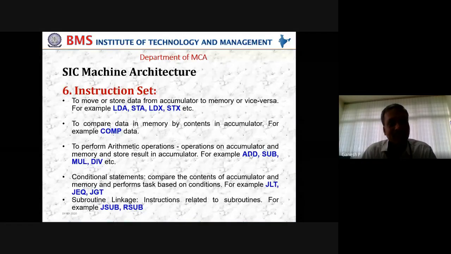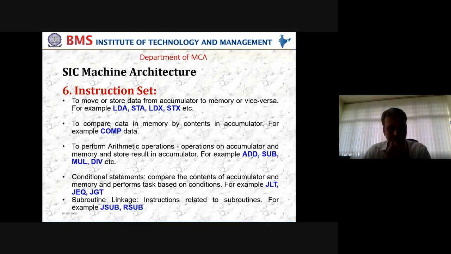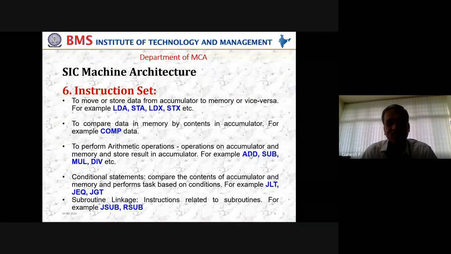Let us come back to C language. You might have seen printf, scanf, and various other constructs that help us to write programs. Similar to that, we have certain features of assembly language which will also facilitate performance of those activities. Coming to here, some of them are highlighted here: LDA.